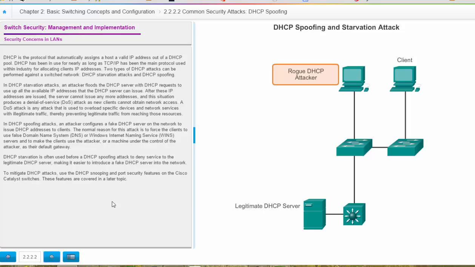With our starvation attacks, an attacker floods our DHCP server with requests to use up all the available IP addresses that the DHCP server can issue. And once all the IP addresses are issued, the server cannot issue any more addresses, and the situation produces a DoS attack as new clients cannot obtain network access. With our DoS attack, it's any attack that's used to overload a specific device and